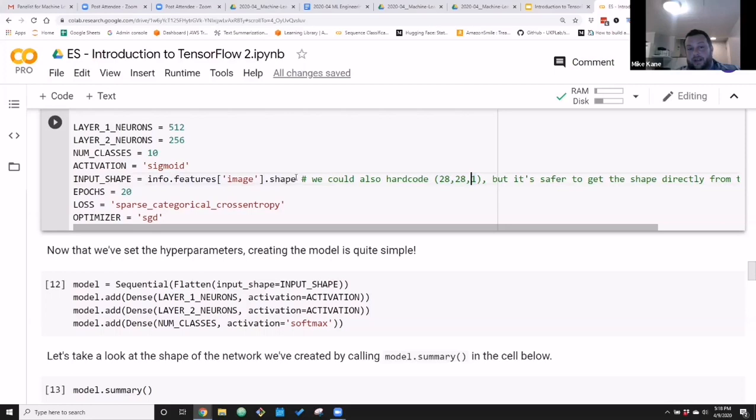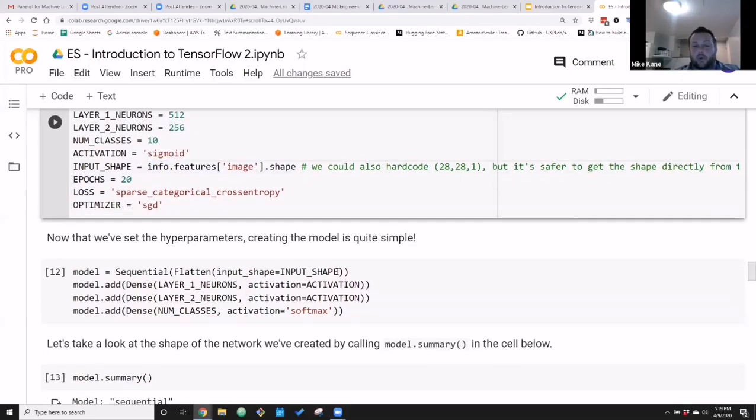Or we could do this. Now this is a good best practice here, because again, the feature is called image in the MNIST dataset. It will not be that for every dataset. It depends on what the column's called. So you have to be able to go into the code and do that, but that's as simple as looking at the data frame if you're loading your own data, or looking at the feature maps if you're using one of theirs. And this dot shape call will get you what you need. This is why that info object we got is very useful.